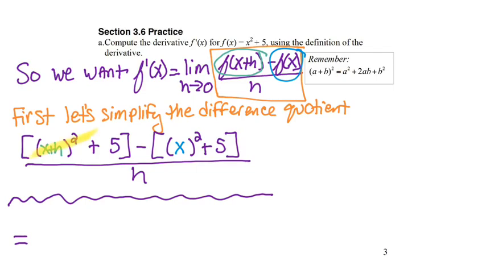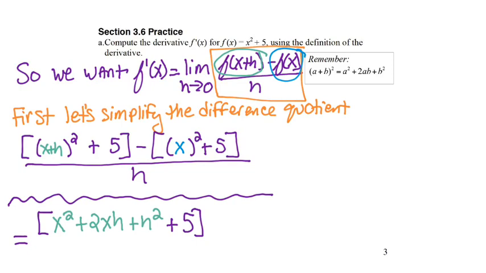So focusing on just x plus h, quantity squared, I'm going to have x squared plus 2xh plus h squared. And then don't forget, I still have the rest of that bracketed piece, so I need to put my